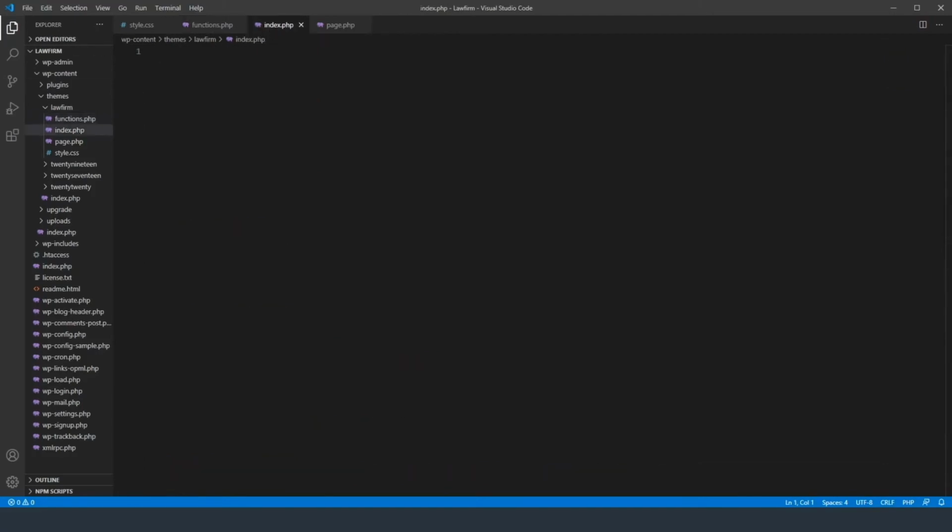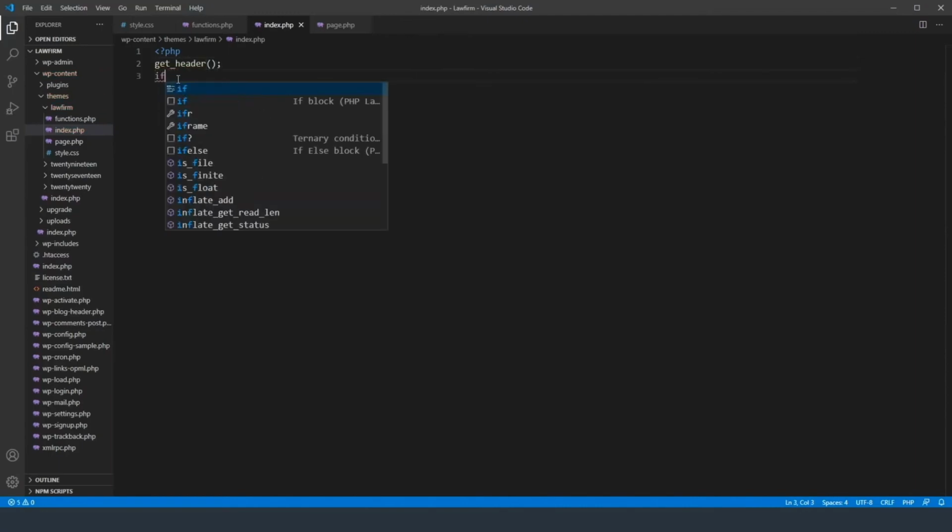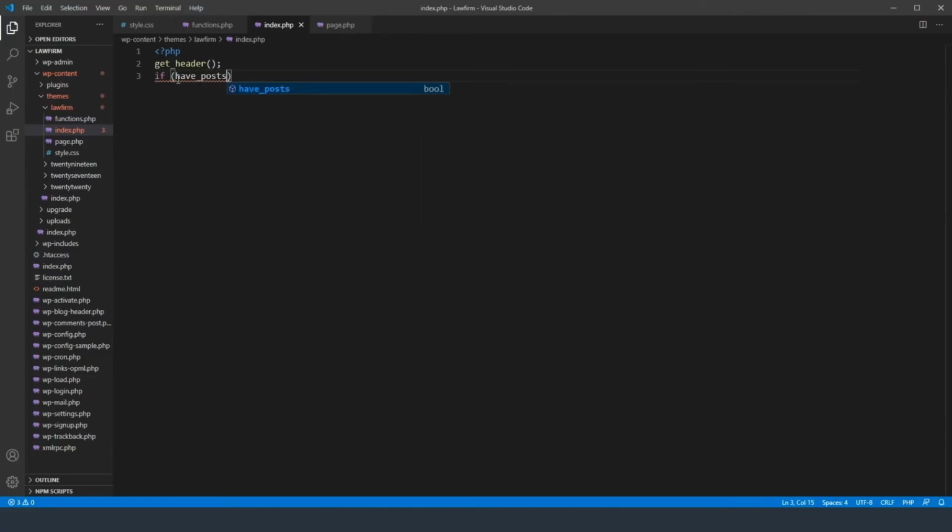And now let's switch over to the index.php. This is going to be a very simple page. We're not going to do anything with it, but we do need to have the content displayed on it, or else Elementor will not work correctly. So let's go ahead and create that. First thing we're going to do is get header, and then we're going to do if, and this is something you can just pull directly from WordPress's index.php or page.php. So basically we're just going to say if have post, which is a function, and then if it does, we're going to do while have post,